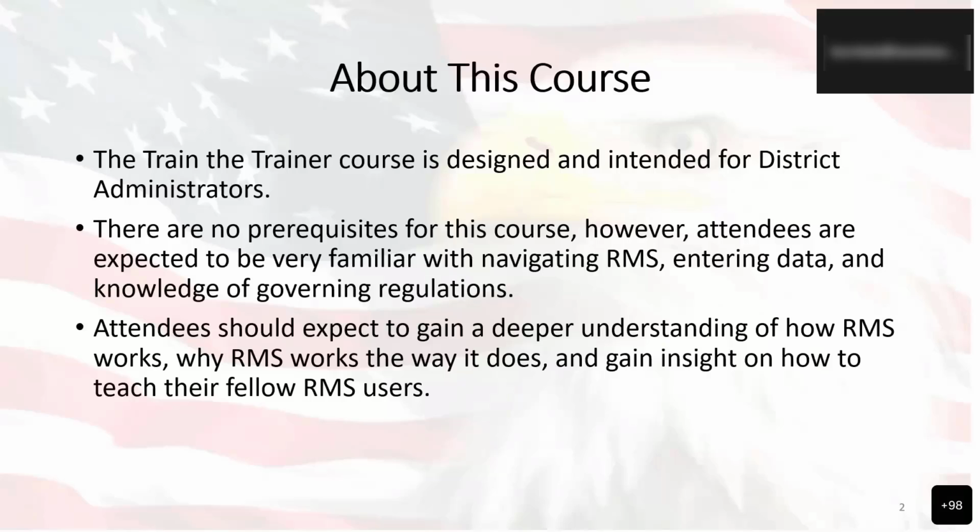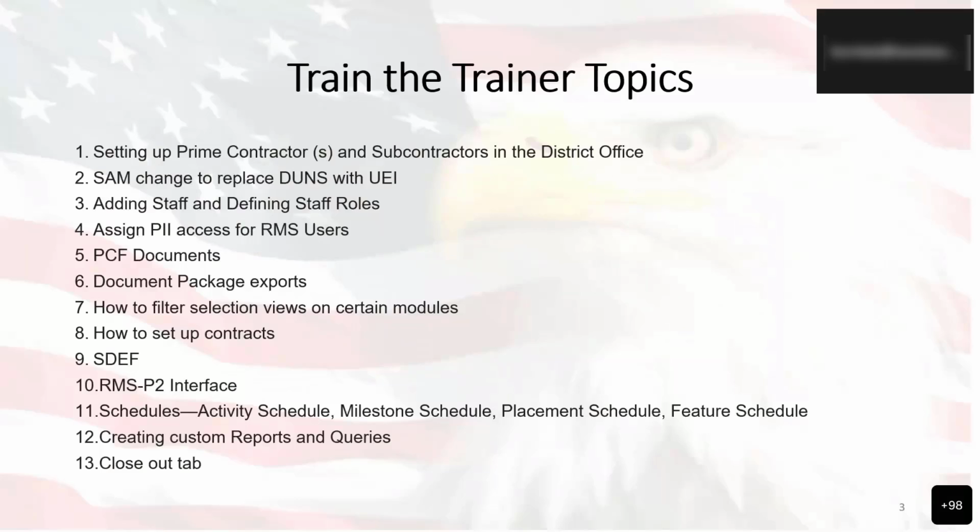The topics that we will be going over, we've identified about 13 different topics where users most often have questions on interactions, and those are setting up the prime contractors and subcontractors in the district office and also in the contract specifically, the additional SAM change to replace DUNS and UEI, adding staff and defining staff roles, assigning PII access for RMS users, PCF documentation, document package exports, how to filter selection views on certain modules,